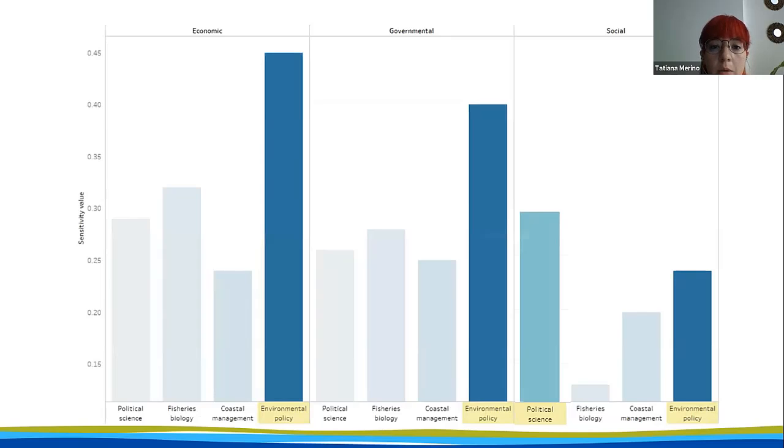Well, the expert that had the highest sensitivity value: for economic and governmental drivers, the environmental policy expert was the one with the highest sensitivity value. So he was the one with the highest effect on the aggregated results. And for the social